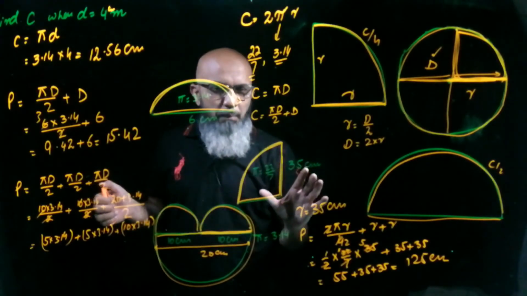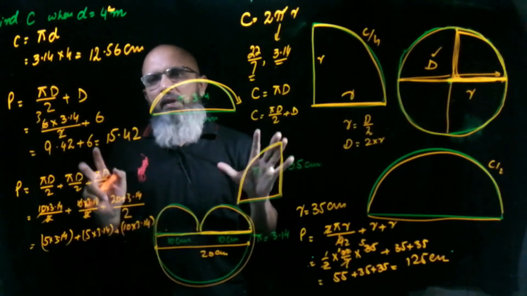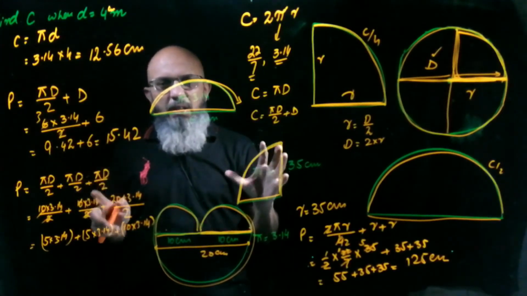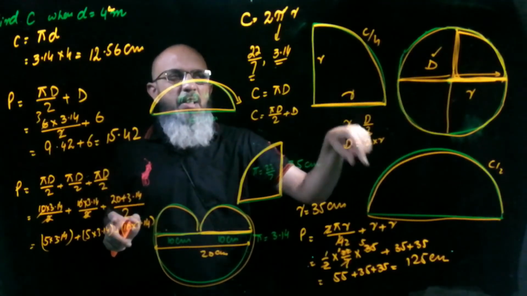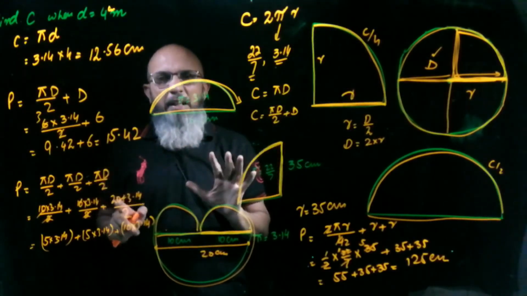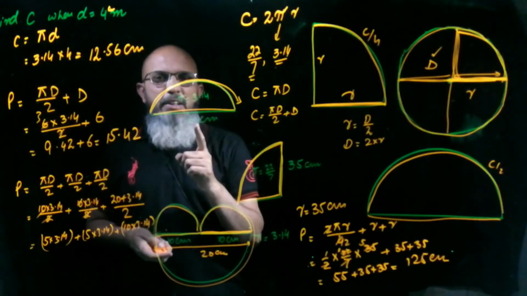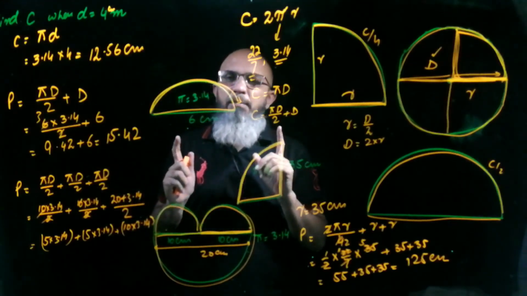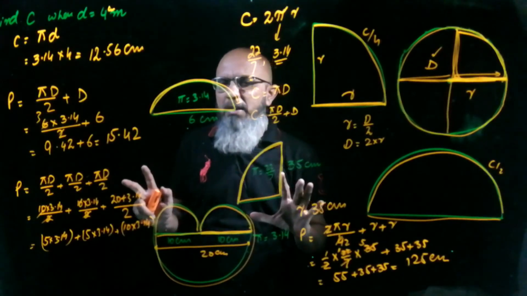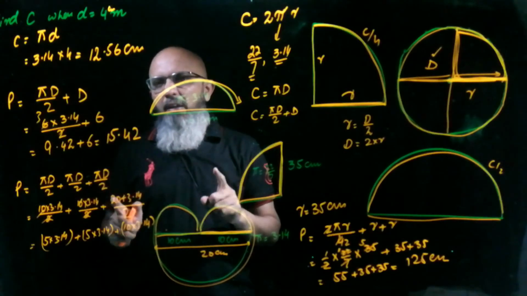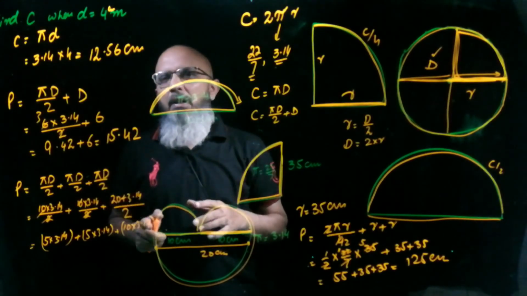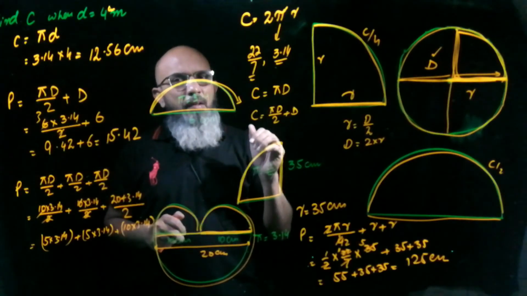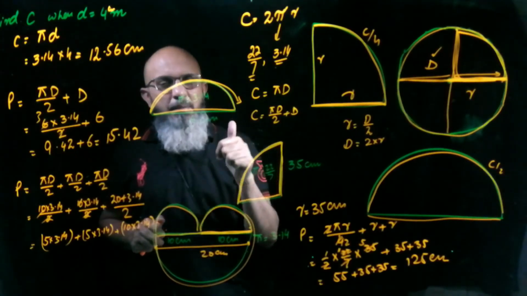So I hope you understand, and you should revise the topic. We revised the circumference of a complete circle, of a semicircle and of a quadrant circle. So do practice these questions at home. Without practice you are never good at mathematics, you never learn mathematics. Practice makes you perfect in mathematics. In all subjects you need practice, but maths is a practice subject.